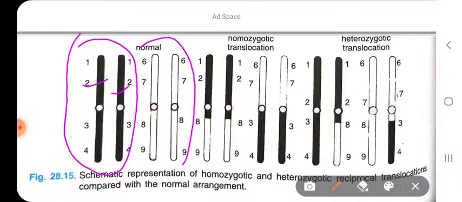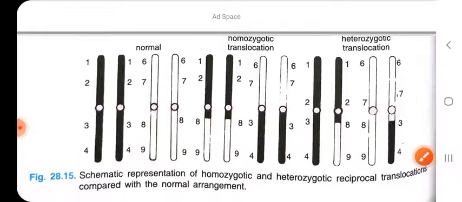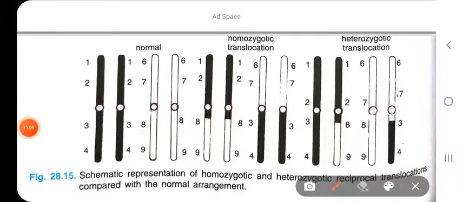This is another homologous pair. So these two are non-homologous to each other, but these two are homologous. Now when both homologous chromosomes from one homologous pair exchange their segments with the two homologues of another pair, that is called homozygous reciprocal translocation. It simply means you see here